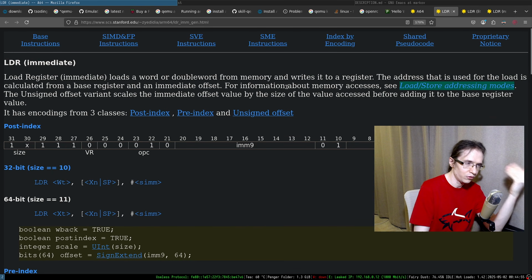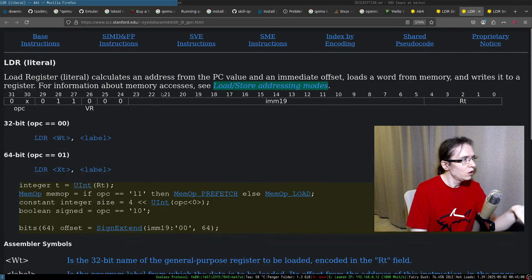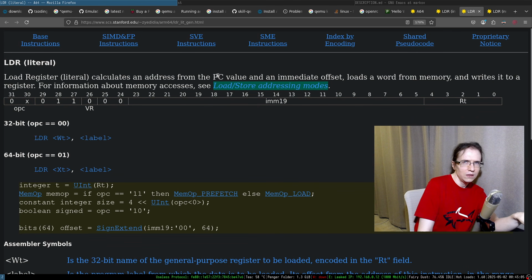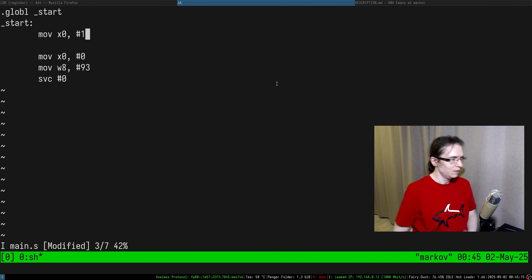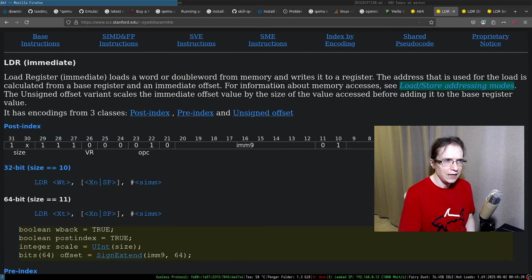So you can load it from memory. Okay. So literal calculates an address from PC, program counter or something like that, value, and immediate offset loads. So yeah, it's the same instruction, but it's used for different situations. But anyways, I get an idea.